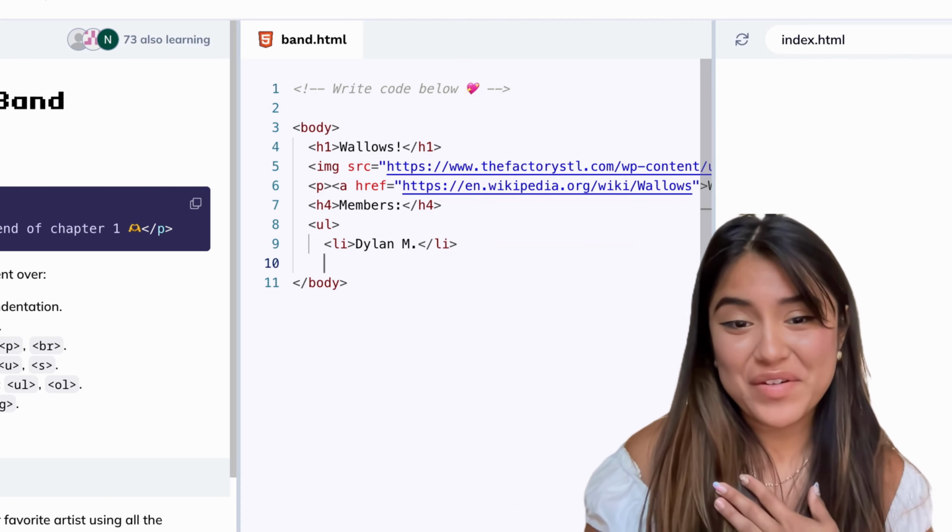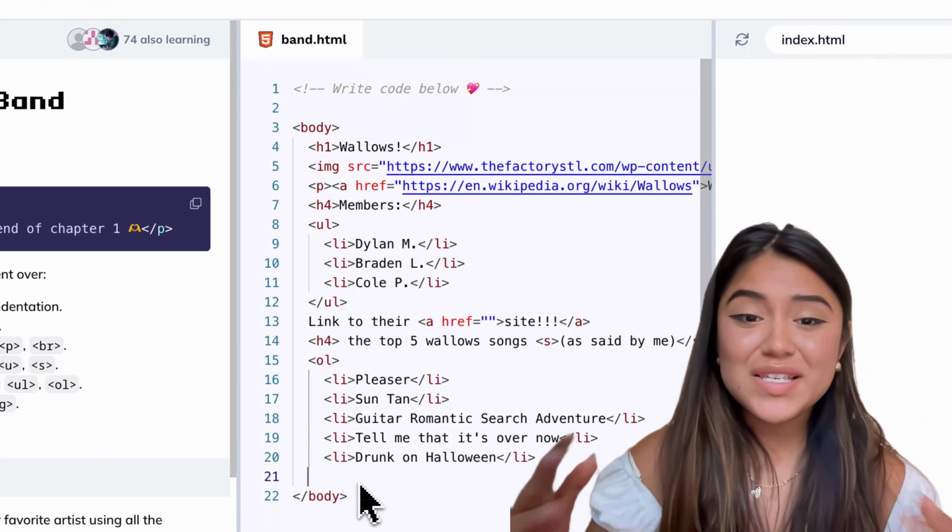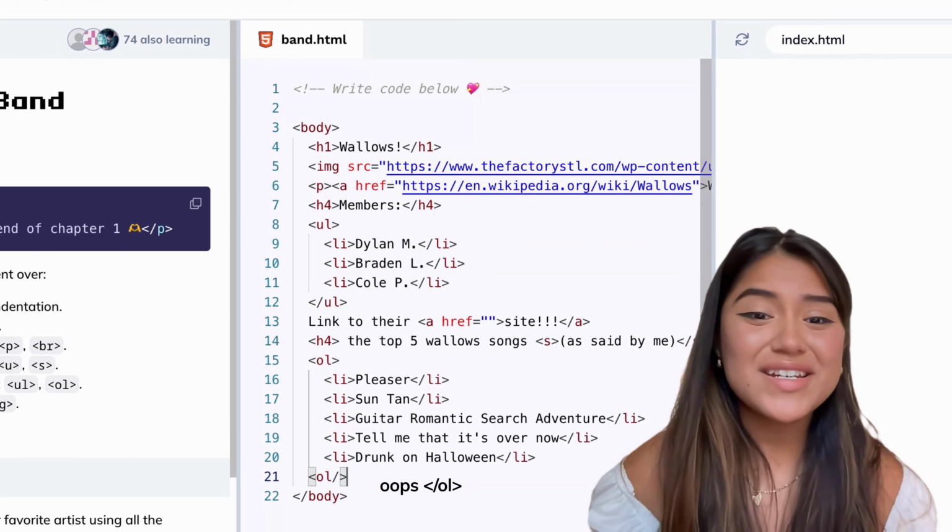I'm going to be choosing my favorite band called Wallows and adding in some images from them, some links. As always, while you're working, be sure to click run to see what it looks like